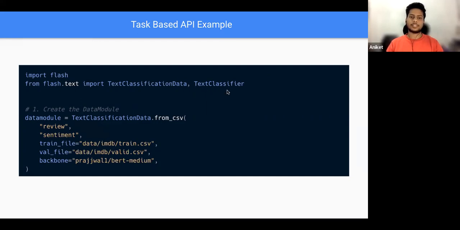So I imported text classifier and text classification data, which provides pre-built methods for loading data from CSV. So here I have specified the dataset path train.csv and valid.csv. I have also specified the backbone which I want to use for building this model.